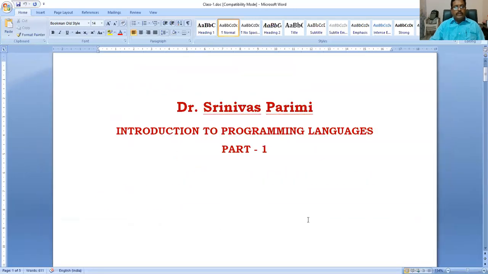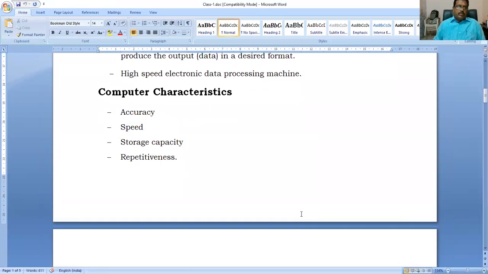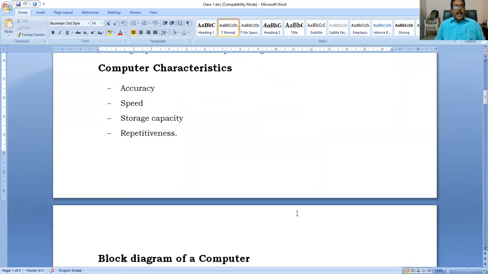Okay, why do we consider the computer characteristics? What characteristics does it have? Accuracy is the first point. Accuracy means it gives accurate results. Suppose a human being works continuously for more than 12 or 15 hours, at that time, some errors may occur in the calculations. Whereas the computer never produces any wrong results. At the first hour, whatever speed and accuracy it gives,